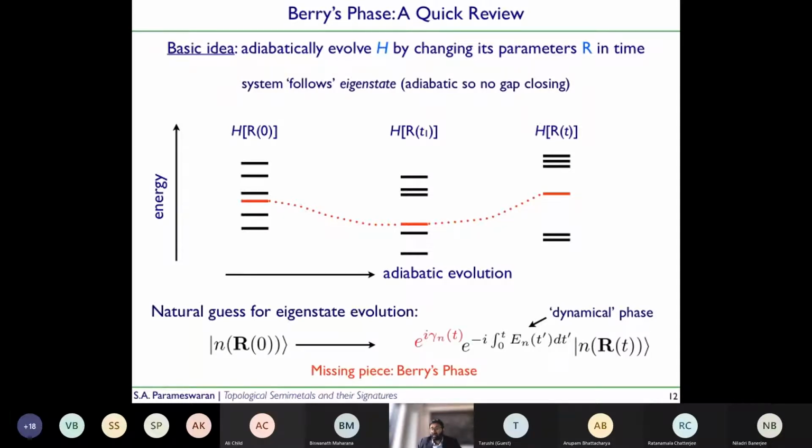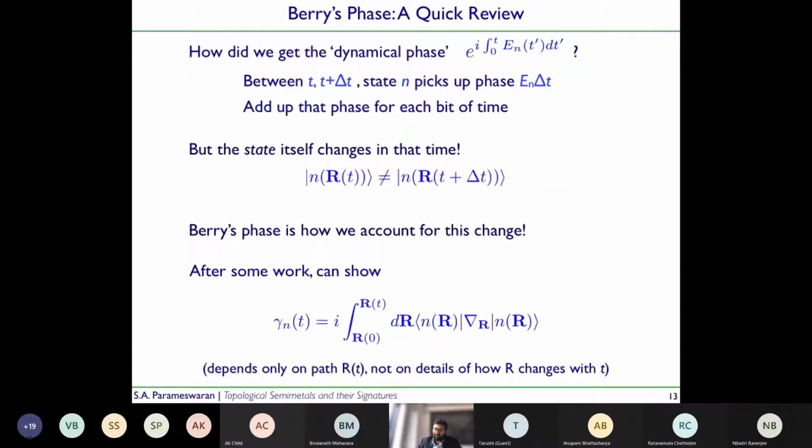In fact, this is too fast. There's a missing piece, which is Berry's phase. And so let's see where those two pieces come from. First of all, I wrote this time integral of e to the i E_n(t') dt'. And the reason I do that is